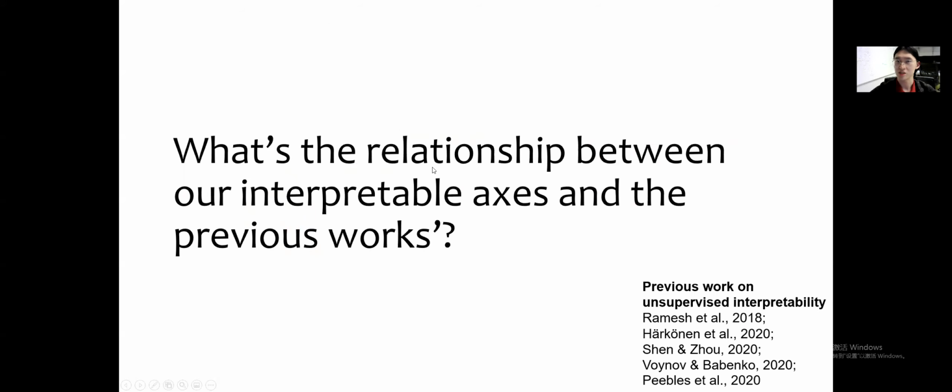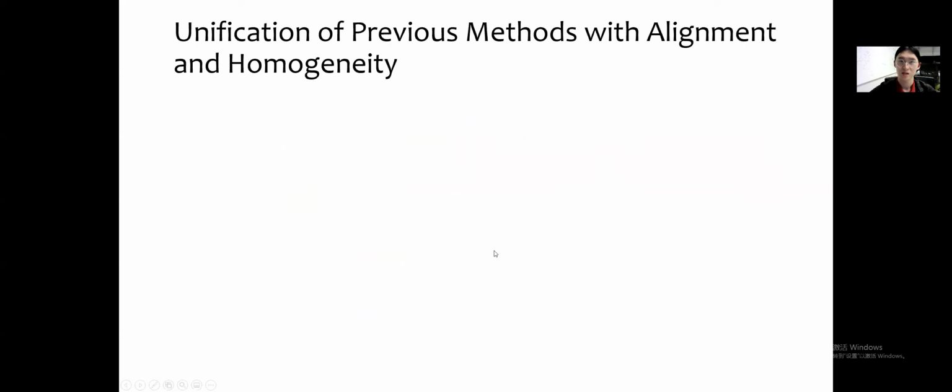Next, we want to see what the relationship is between our interpretable axes and all the previous ones, because there are 4 to 5 previous works on unsupervised discovery of interpretable axes. Firstly, we find that, mathematically or geometrically, many methods could be unified through our geometric finding of alignment and homogeneity. Recall that G, the generator,